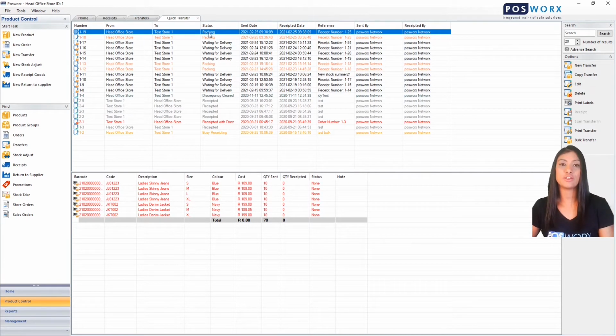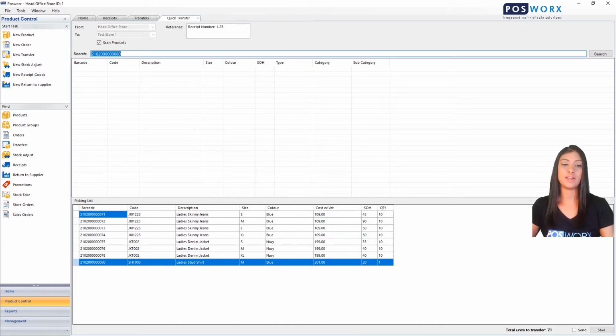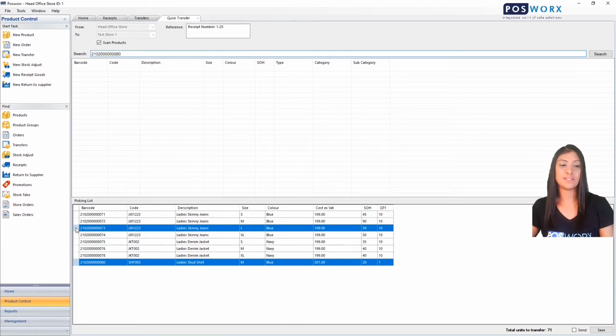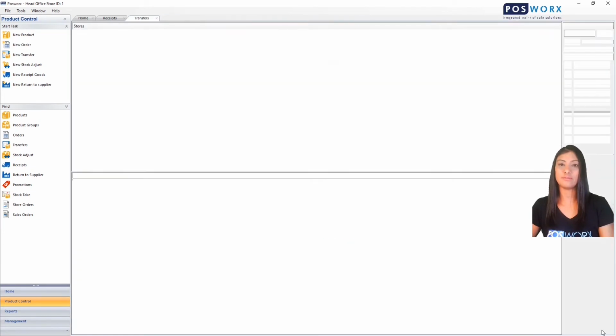You can double click on the transfer and you can add an item to this transfer like this. It has been added to your transfer below. You can edit this transfer by selecting a product and deleting the product. You can save this transfer by clicking save,